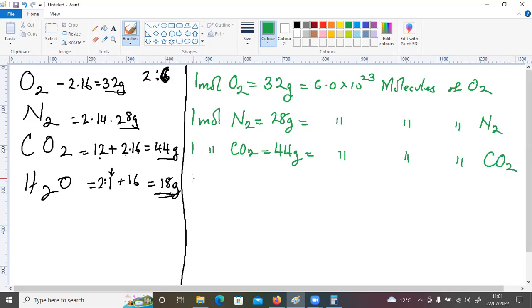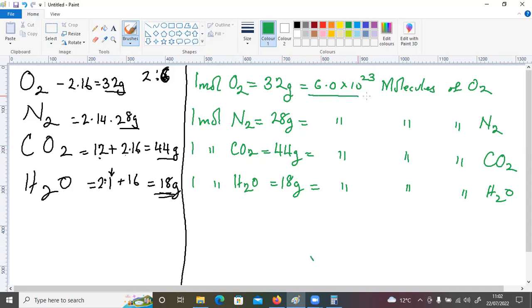I will say that 1 mole of water molecules will weigh 18 grams and will contain 6.0 times 10 to the power 23 molecules of water. All right, so that is the implication. Now, you remember previously when we were dealing with sodium, we were saying 6.0 times 10 to the power 23 atoms of sodium. Now we are saying 6.0 times 10 to the power 23